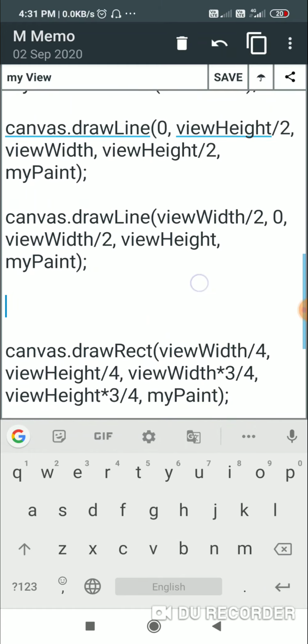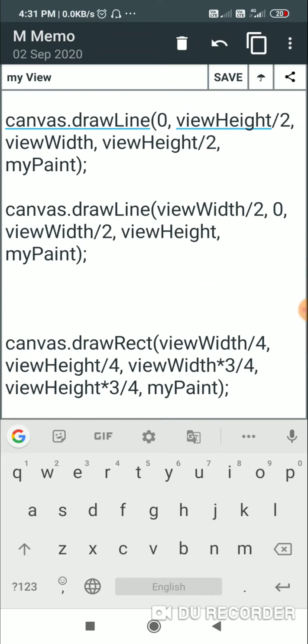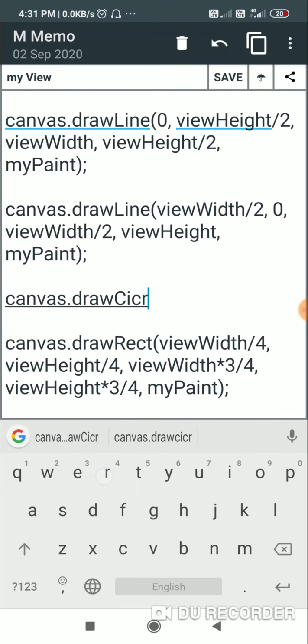Now I will draw a circle in the top left quadrant. Since I have a horizontal and a vertical line, it will divide the view into 4 quadrants. So I will draw a circle in the top left quadrant. For that I will write canvas.drawCircle. First we have to write the x coordinate of the center.